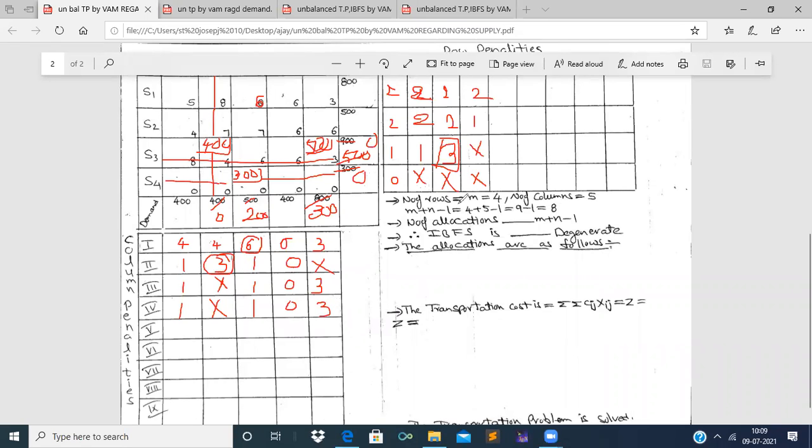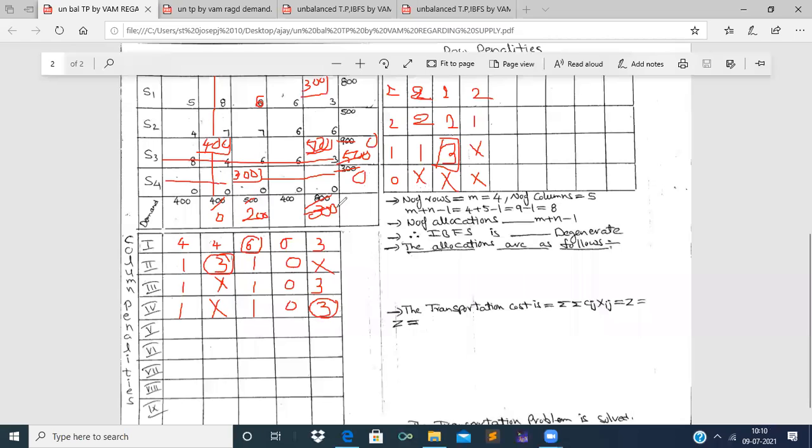Now, if we go for these four set of penalties, the greatest penalty is 3. Put this 3 in a block, enter into its corresponding column. The leftover cost is 3. The corresponding demand is 300, and the corresponding supply is 800. Therefore, allocate the least value, that is 300. That means put this 300 in a block.